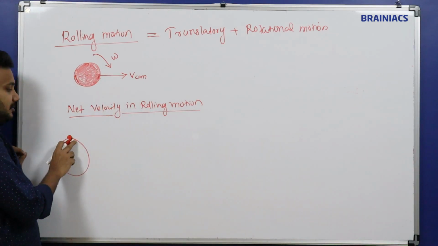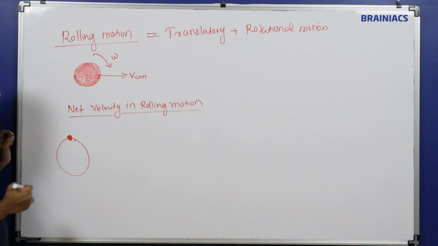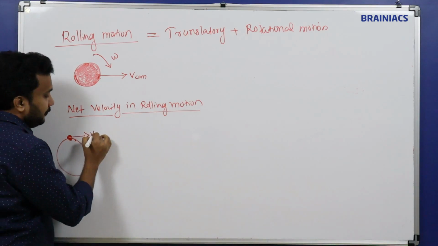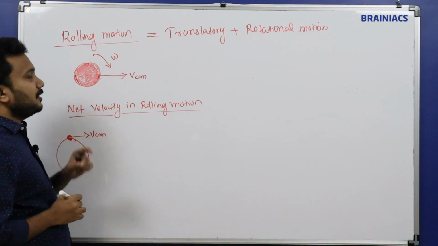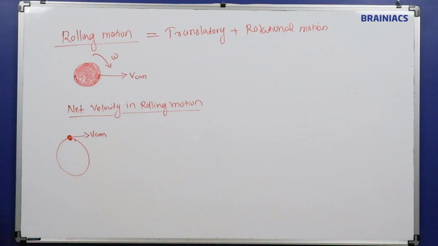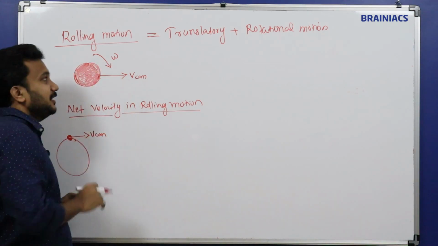Now the same way, when it is at the top, there is a center of mass. So VCOM, the velocity, will be here, and because of omega, which is called the turning effect,